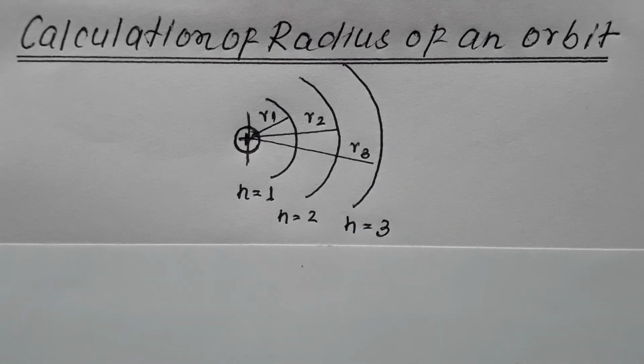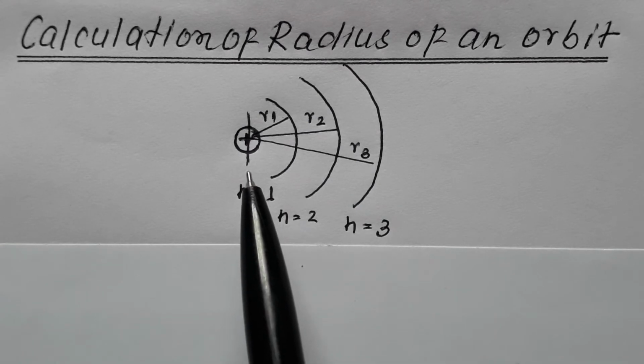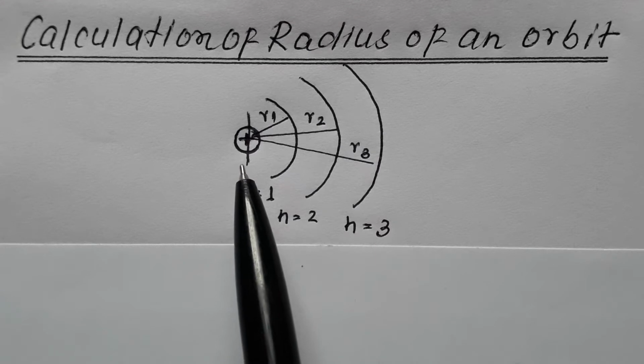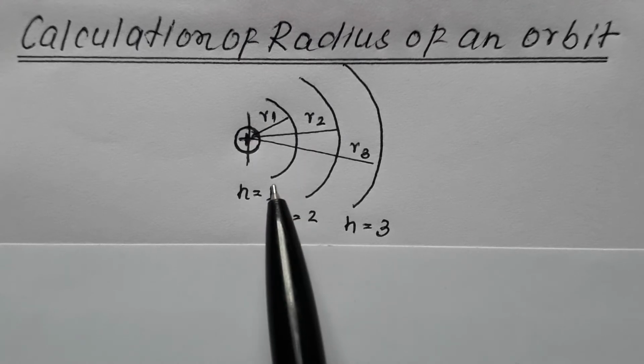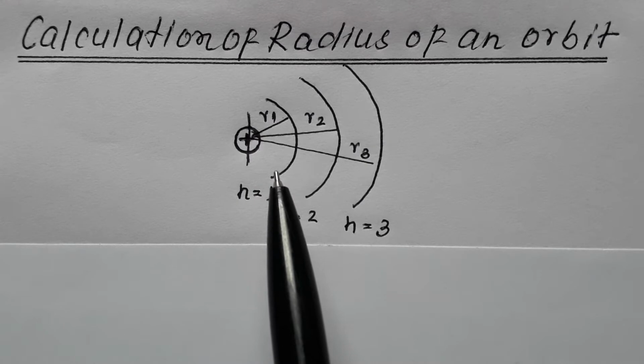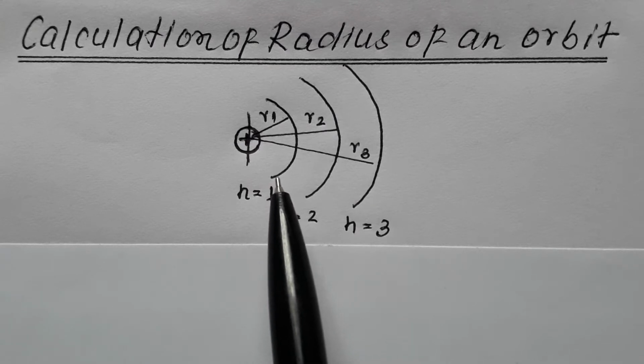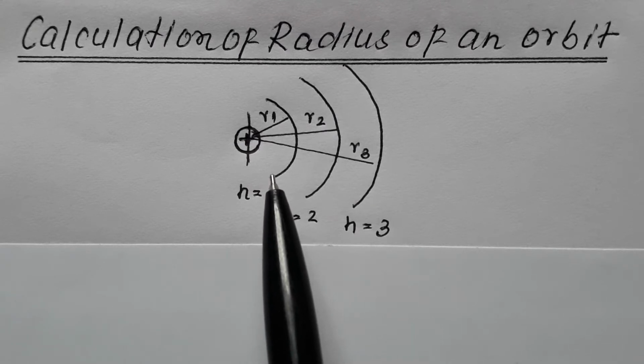What has been said in this atomic model? Bohr's model says that in an atom, all positively charged particles, that is protons, unite or condense to form a nucleus at the center of the atom, around which electrons revolve. The spaces in which electrons revolve are termed orbits. What are orbits? These are circular paths and they are in fact the energy levels.